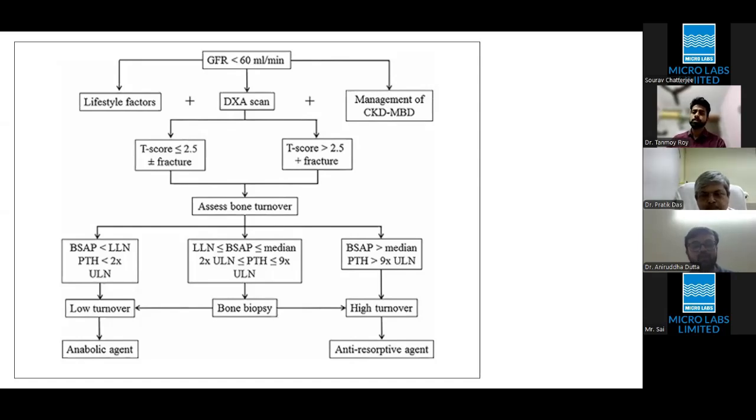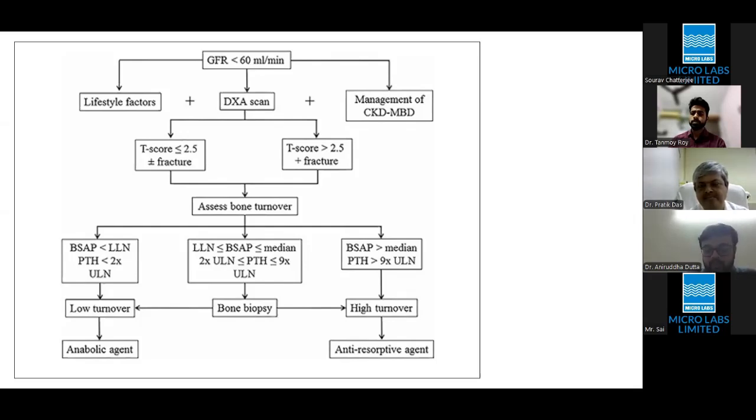If the levels are low and the bone-specific alkaline phosphatase is low, which highlights the presence of low turnover disease, in these cases of osteoporosis you have to select anabolic agents like teriparatide. And in the presence of high turnover bone disease, where the parathyroid levels are more than 9 times the upper limit and the bone-specific alkaline phosphatase levels are high, the patient has to be treated with anti-resorptive agents like denosumab. So patients whose levels are in between the range,